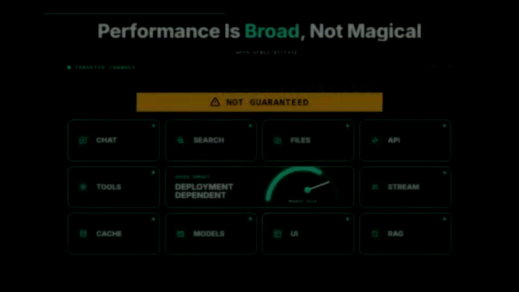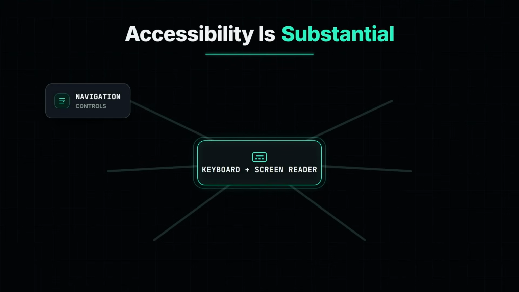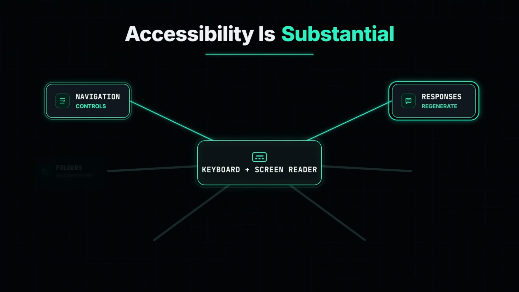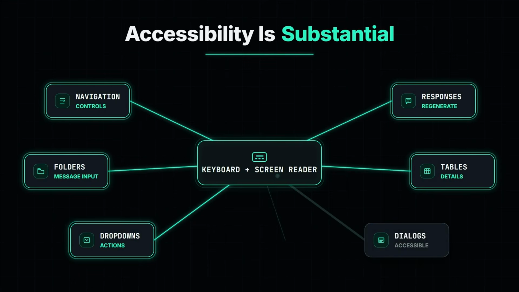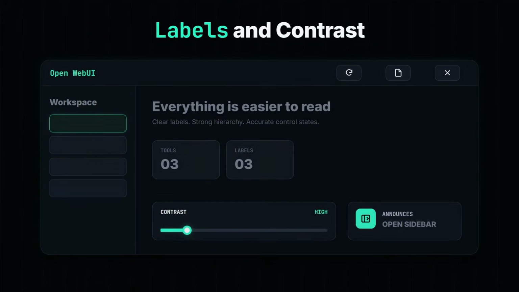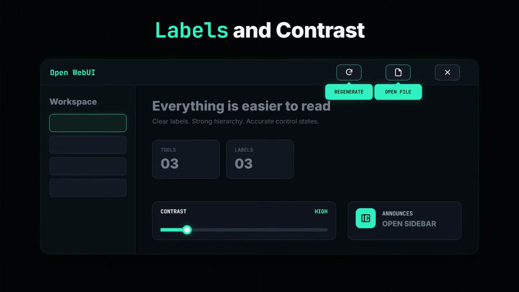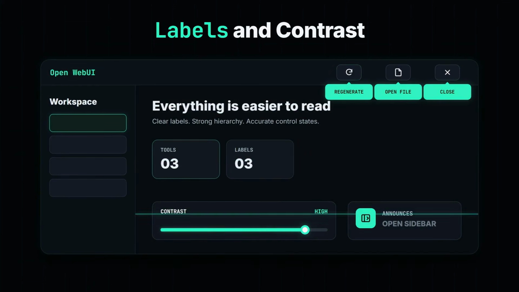every deployment. Keyboard and screen reader improvements cover navigation, response details, folders, tables, dropdowns, controls, message input, dialogues, and the regenerate action. Icon-only buttons gained readable labels, high contrast presentation improved, and sidebar controls now announce whether they open or